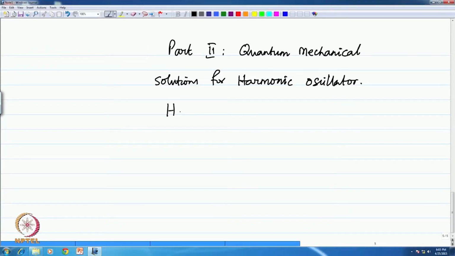In this segment, let us look at the solutions for the harmonic oscillator using the quantum mechanical methods and the solution of the Schrodinger equation, time independent, H psi(x) is equal to E psi(x). The x is the position coordinate for the harmonic oscillator motion, and the wave function is a function associated with the harmonic oscillator, and it has the same probability interpretation as you have with the particle in a one dimensional box, namely psi squared